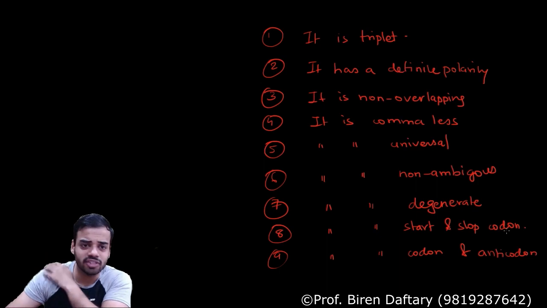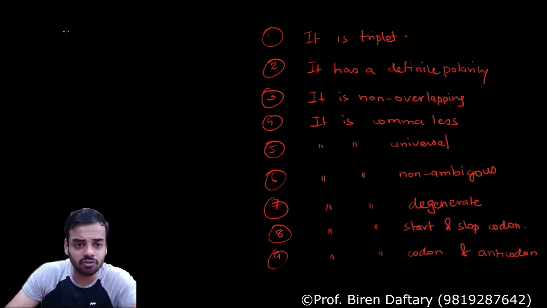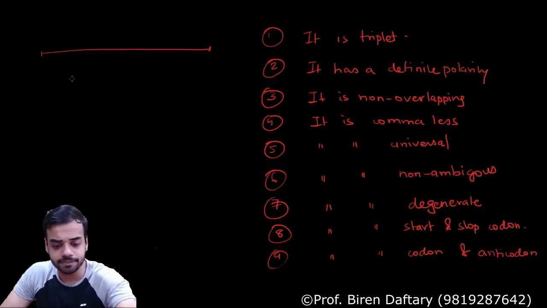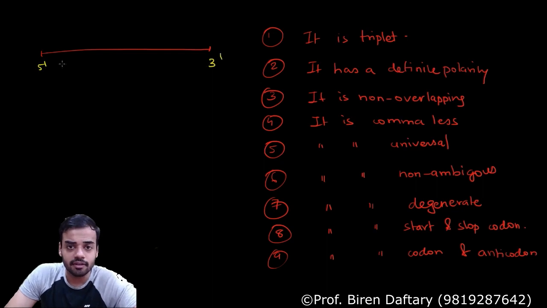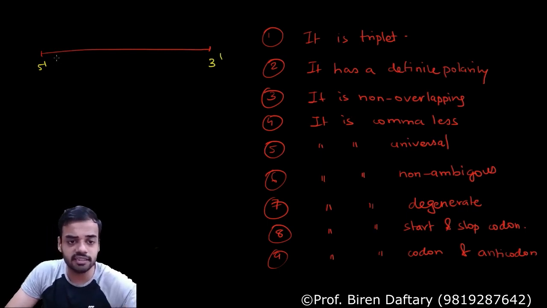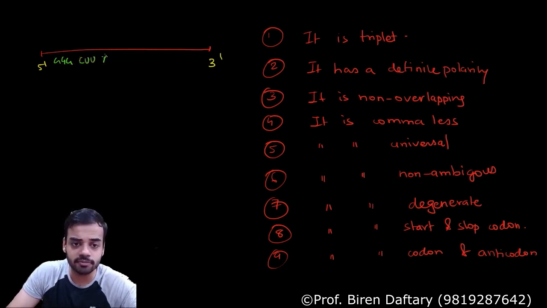One thing that I wanted to say is, we are going to learn this in translation, that whenever I draw an mRNA, this is the 5' end and this is the 3' end, it is not a rule that AUG is going to be the first codon present. The first codon can be, say, GGG or CUU, and then if AUG comes, then AUG over here, again any codon, CCC, AUU, then again UAA.